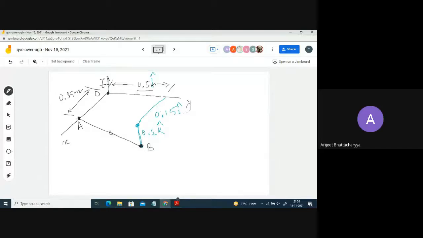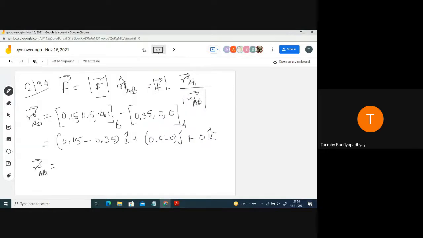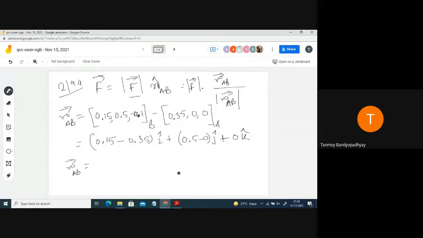Clear? Yes, sir. So it looks something like this. So I drew something wrong. So it looks something like this. B is below the xy plane actually by a distance of 0.1 meter. So now let's complete this one. So here what will be the changes? So this one will just change. So k cap I missed out. So this will be 0.1 k cap, minus, right?